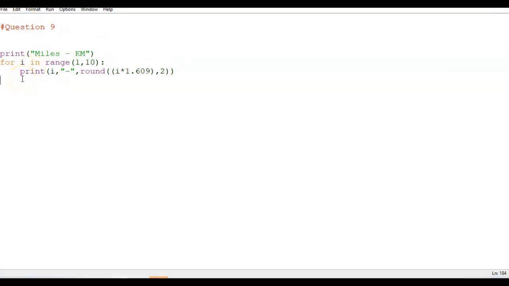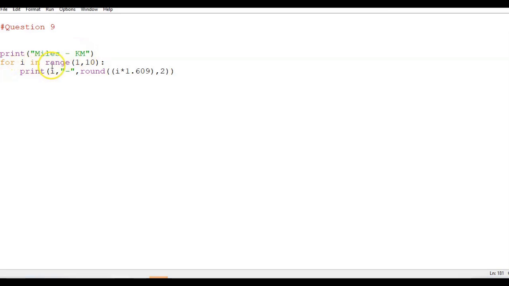Right, so you can see how small the code I have written here is, because the question is quite simple. They have not given any range, like from here to here you have to display the mile to kilometer. So I just have taken, because we have to display it in 2 columns. So you can see it's mile to kilometer. I took mile here, and for the separation purpose I took one hyphen here, and then kilometer.